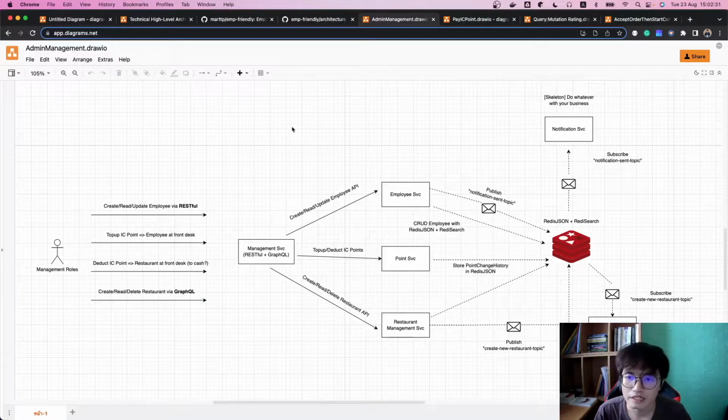The first flow is relating to the admin management, working on the API that can integrate with the service as a backend, manipulate the employee, manipulate the restaurant, top up and deduct, and for the deep details of implementation,